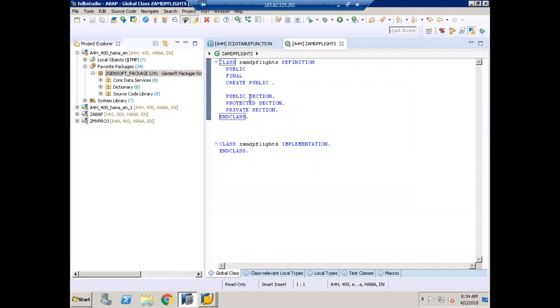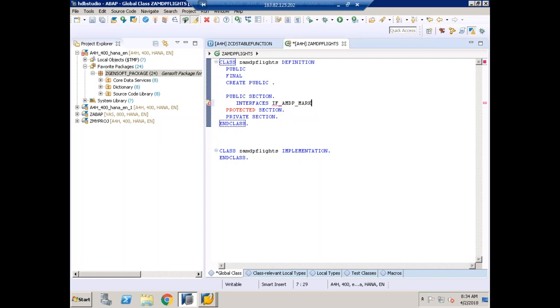So this one is done. Already we know the prerequisites for AMDP. The AMDP class must implement the marker interface, right? So how do you implement? Already we know interfaces. What is the interface name? IF_AMDP_MARKER_HDB. Okay, it's a static method. I'll take